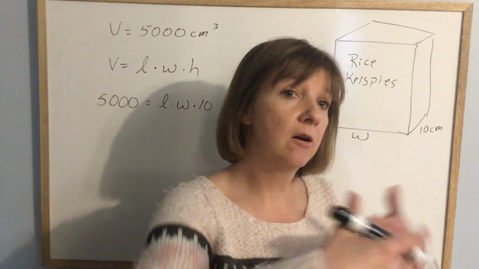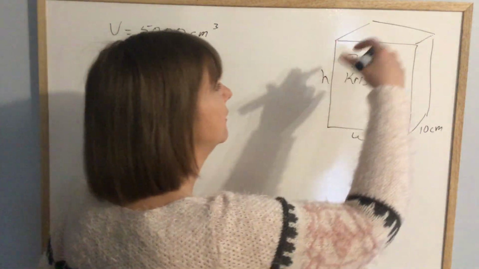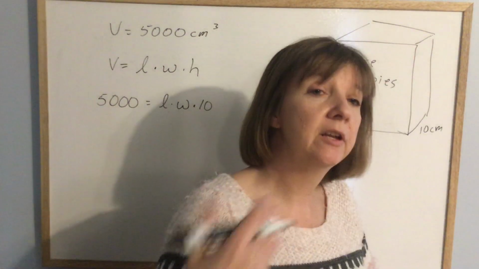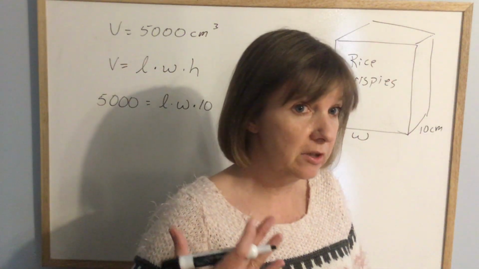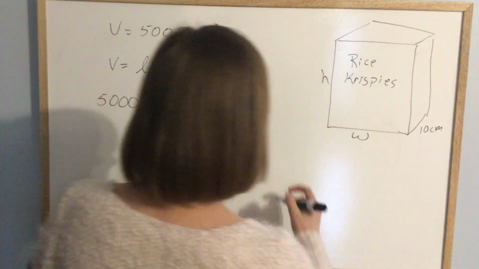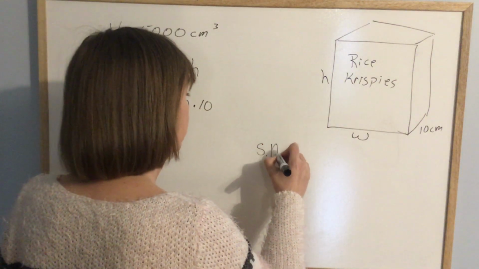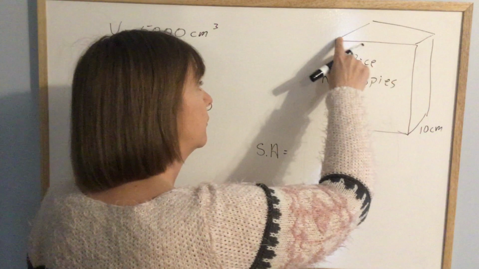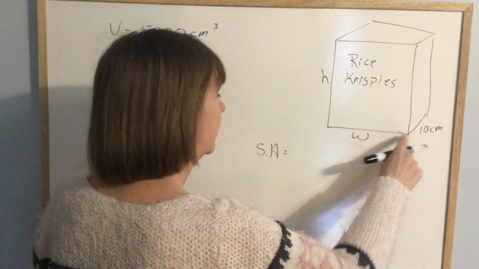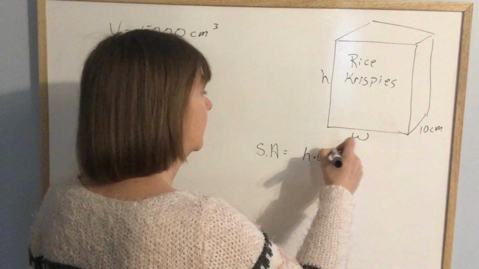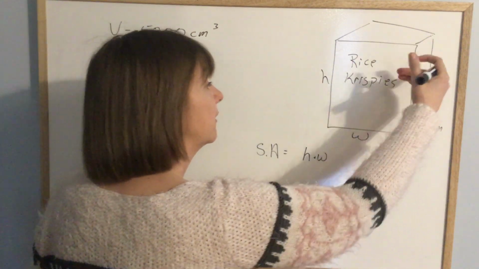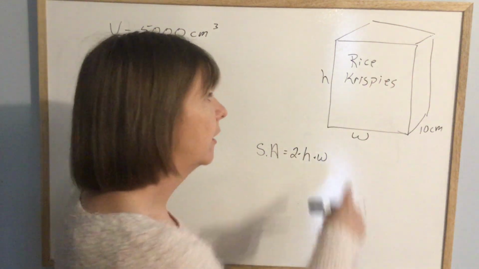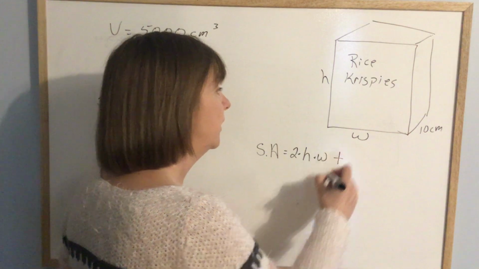I need to make all the surfaces. I need to make the front and the back and the sides and the top and the bottom. I need to have cardboard on each of those sides. That's actually surface area. So surface area would be, well, one surface would be the front of this box, which would be height times width. But the front of the box and the back of the box are the same, so there are two surfaces that are height times width, plus